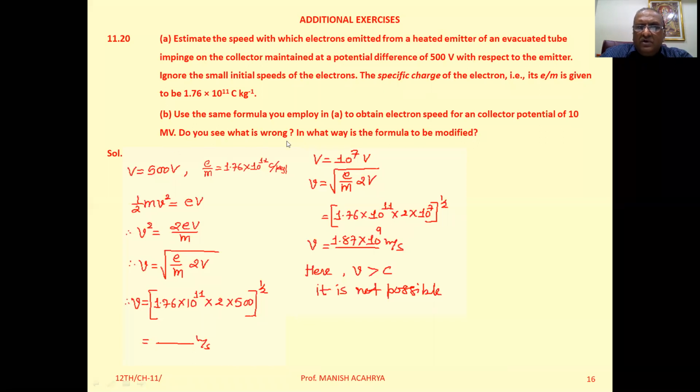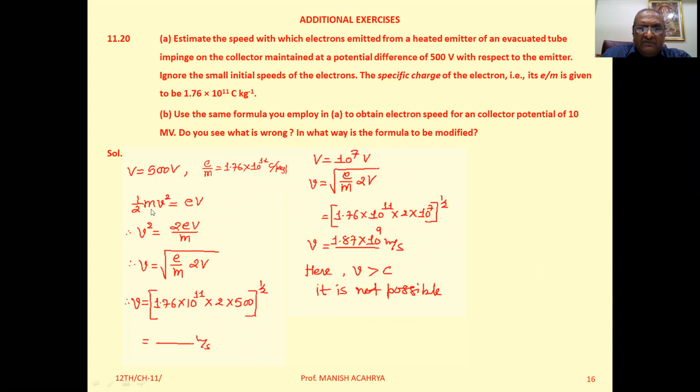Do you see what is wrong? In what way is the formula to be modified? Now see, first answer of A, the potential difference at the collector, that is 500 volt. So V is 500 volt, e by m is given to you as 1.76 into 10 raised to 11 coulomb per kilogram. When an electron is accelerated under the effect of a potential difference of V volt, the energy gained by it, that is kinetic energy,